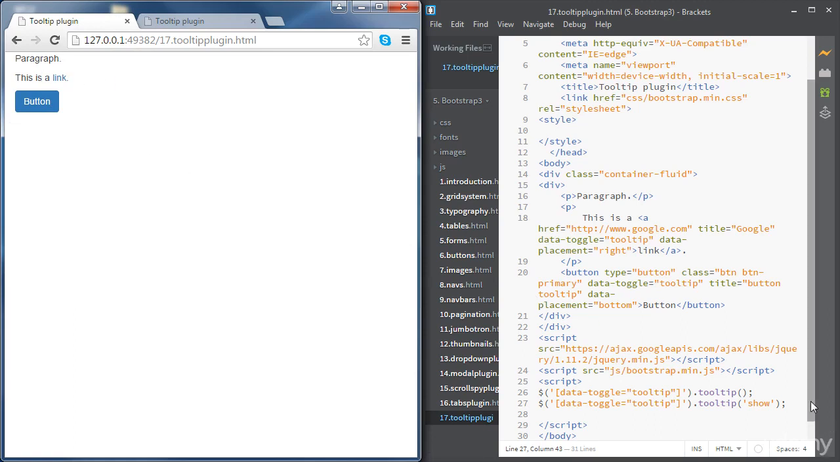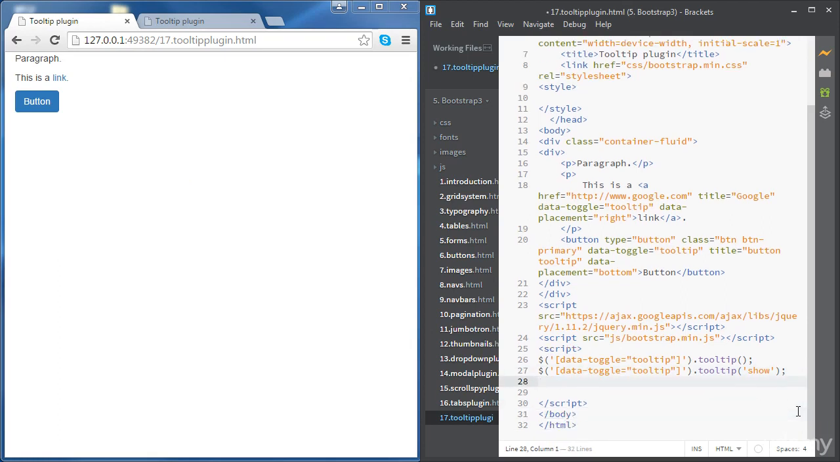Okay. All right. Also, let's send an alert message when a certain tooltip is hidden. So again, you're going to access all the elements with the data toggle equal to tooltip, and then we'll use the method on. So we'll need an event and a function. So the event is going to be hidden.bs.tooltip,